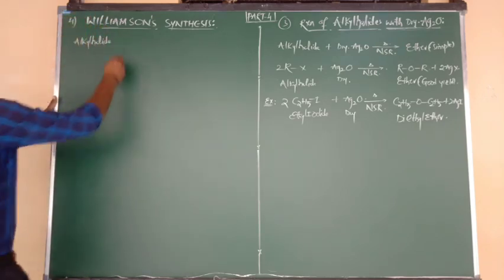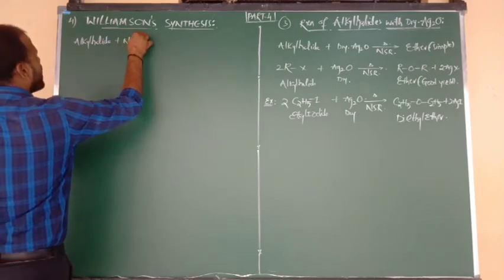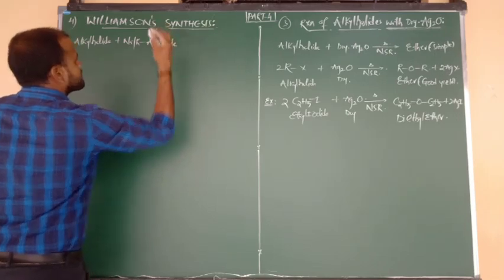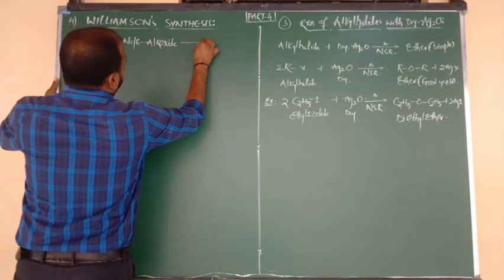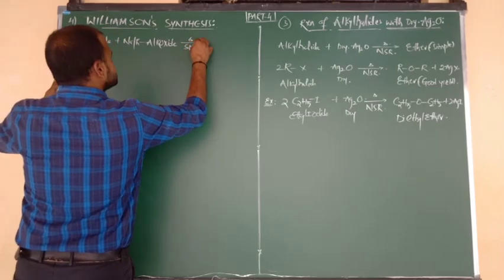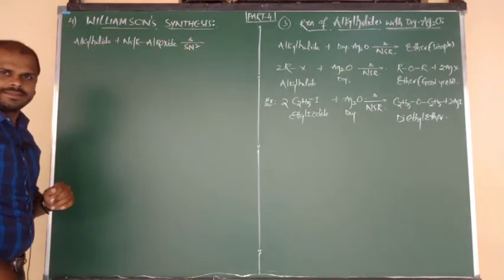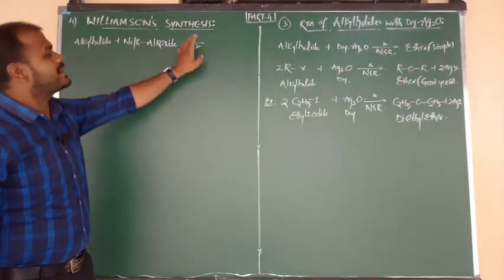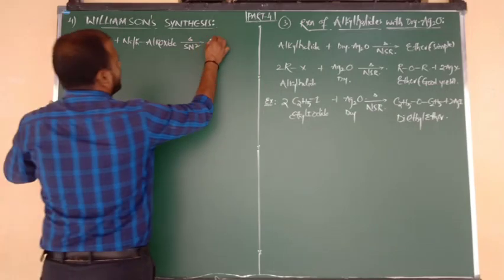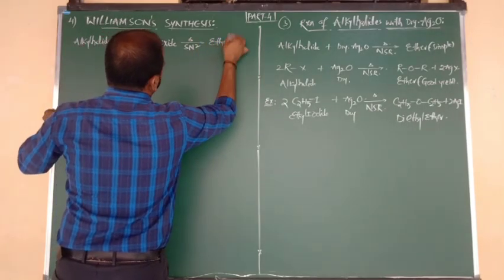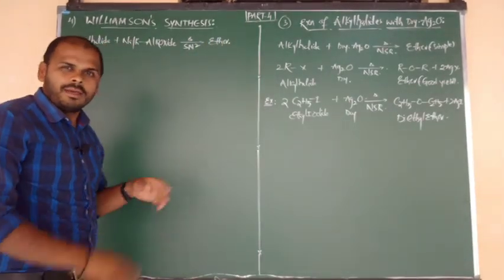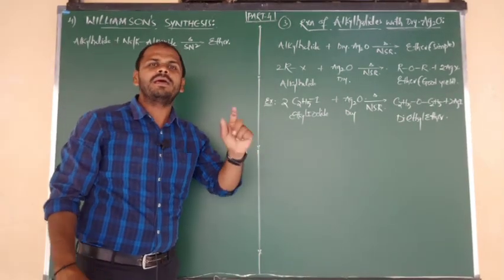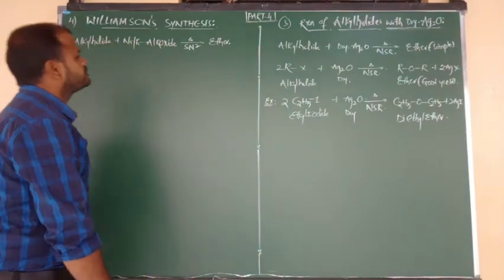Upon reaction with sodium or potassium alkoxide, it undergoes a nucleophilic substitution reaction, and we must say that it is a bimolecular nucleophilic substitution reaction, nothing but an SN2 reaction. And finally, here you are going to get the product. The product is nothing but what, beta? Ether, may be symmetric or may be asymmetric. Both types of ethers we can prepare by using this Williamson method, beta.